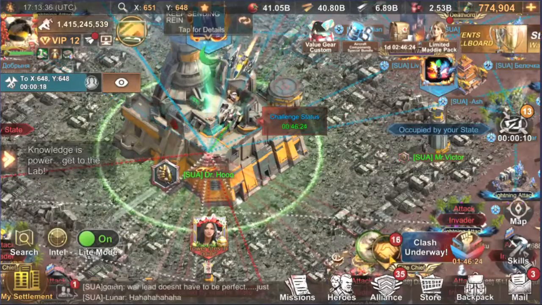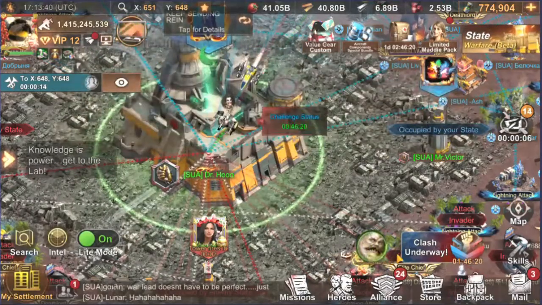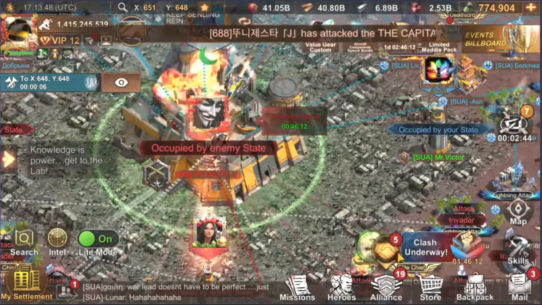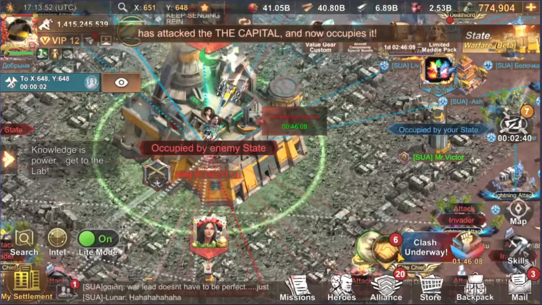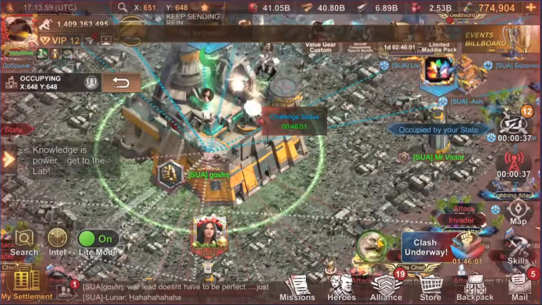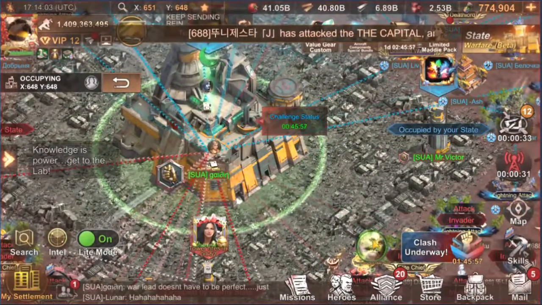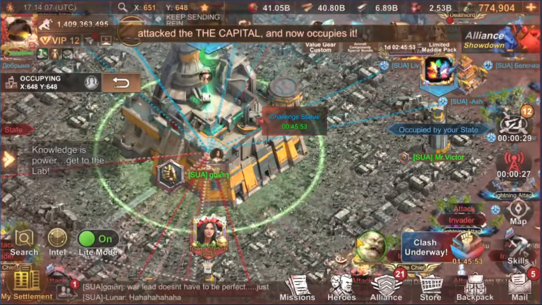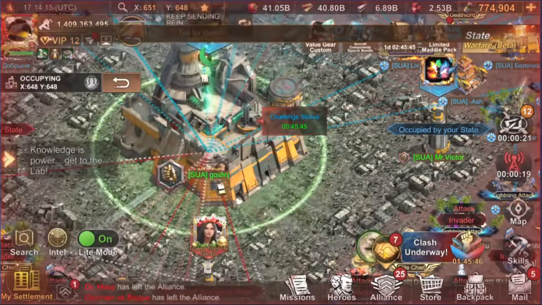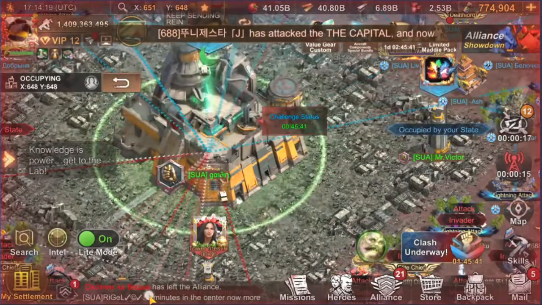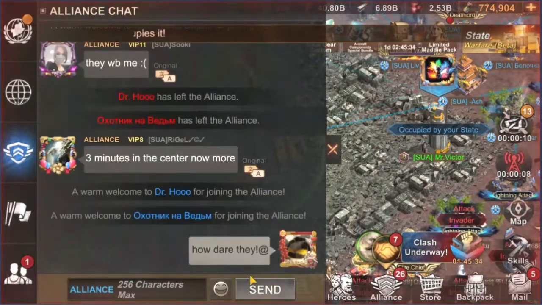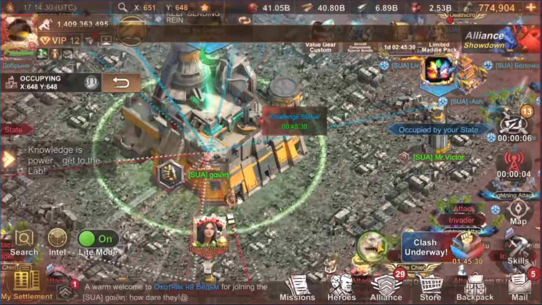Changes like this are really handy, because if you catch the other state by surprise, when they have just had a couple of rallies come in and hold it, and you quickly take it back, if they've got stuck with no open rallies on their way back, you can really get some good hold time here. So quite often when there's a quick changeover like this, I'll pretty quickly try and slam another reinforcing march back into the capital, just because I've got one of the strongest troop types